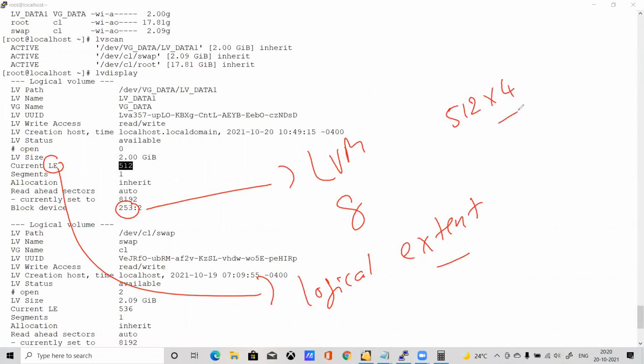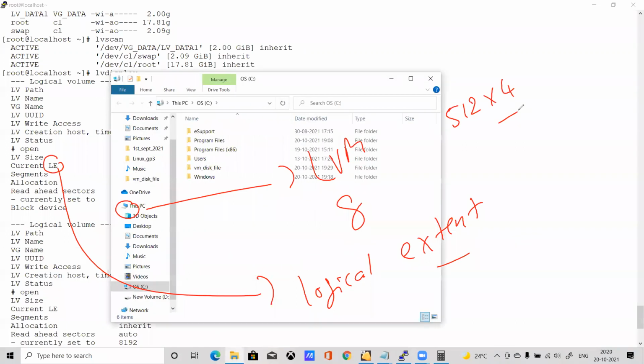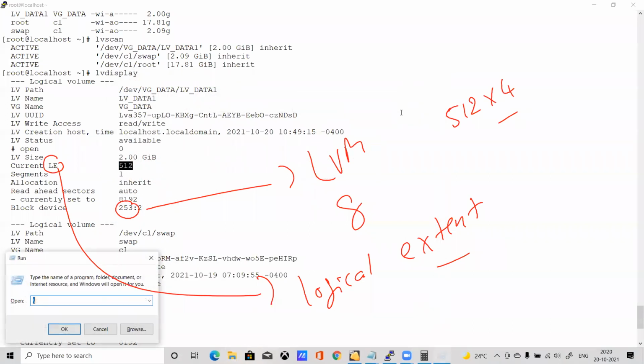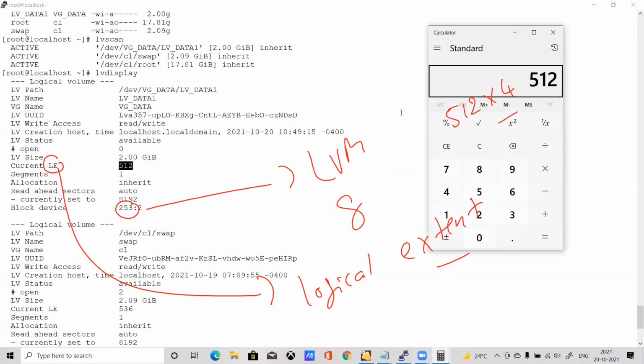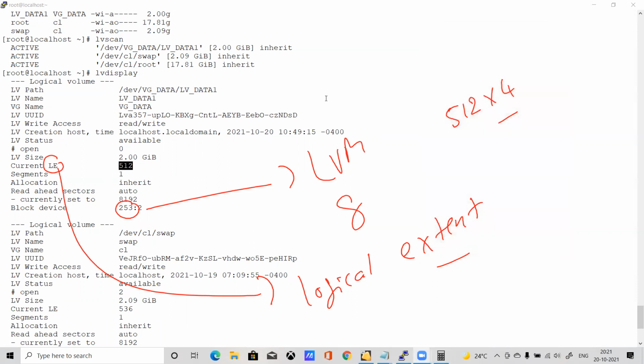So how much did it come to? Let's calculate here. 512 multiplied by 4, you can see 2 GB. So that is how, if you want to give the size in extents. When you are taking the Red Hat exam, they will say create an LVM file system in extents size.